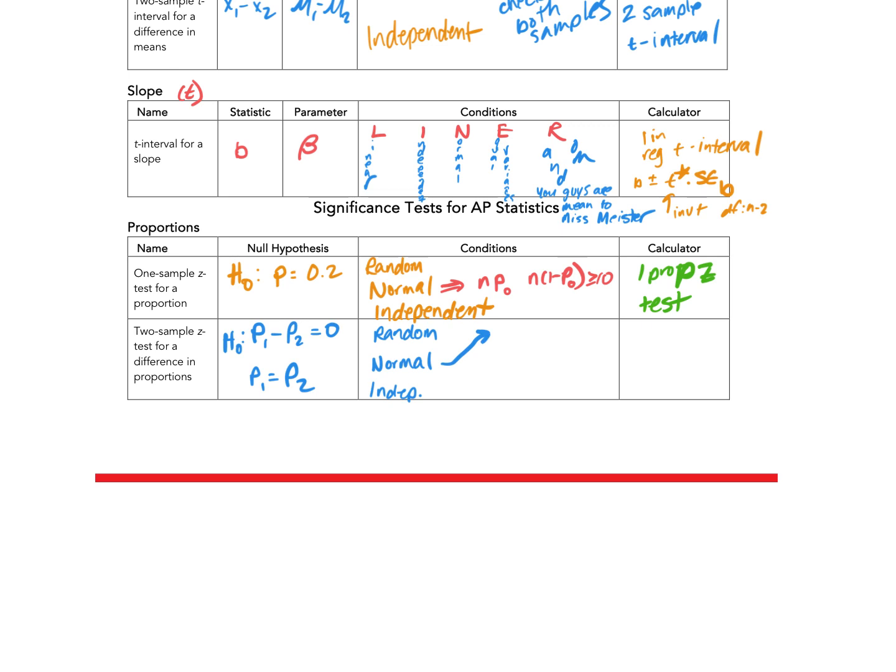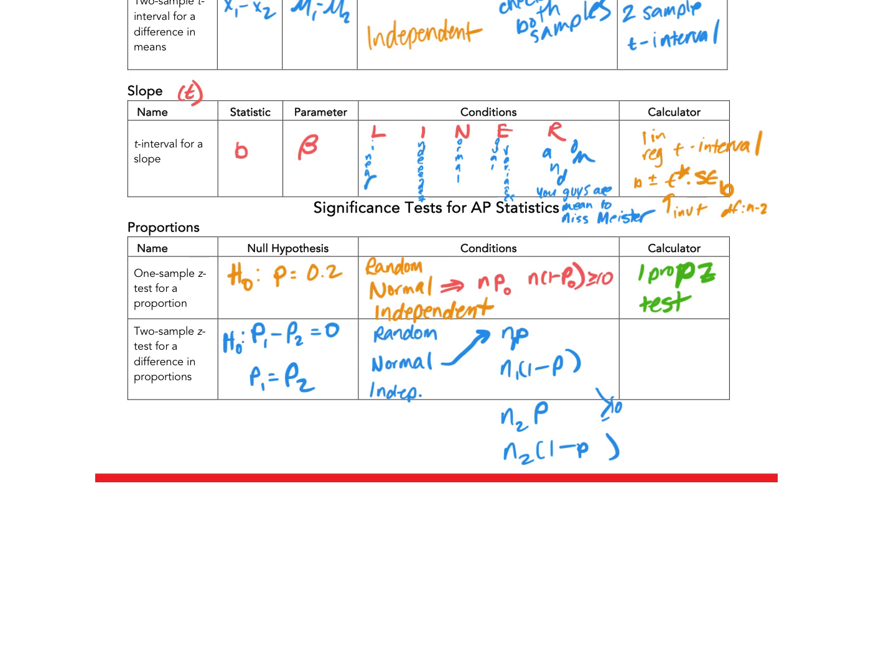you do that NP and N1 minus P for both samples. So this becomes N1, N1. Then you do N2. Is everybody with me? And all four of these things have to be greater than or equal to 10. However, you guys,